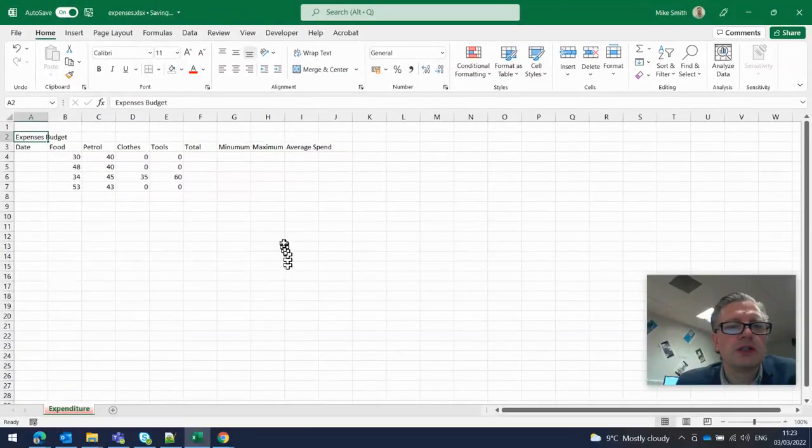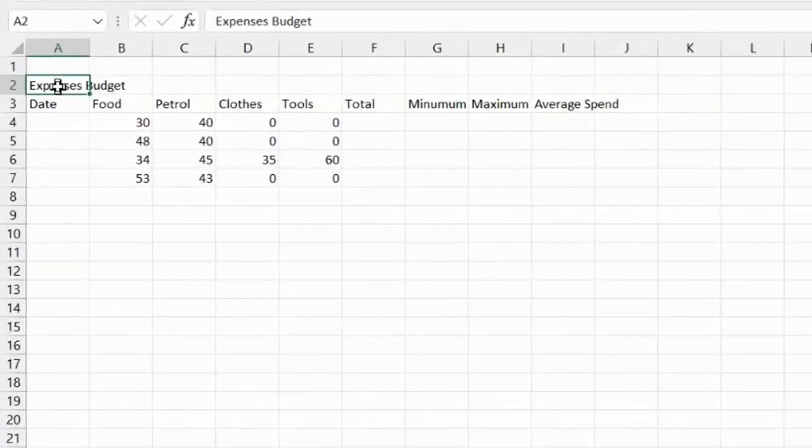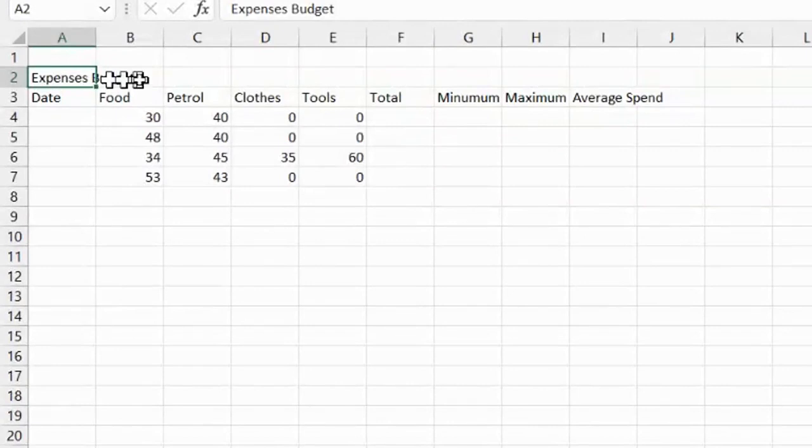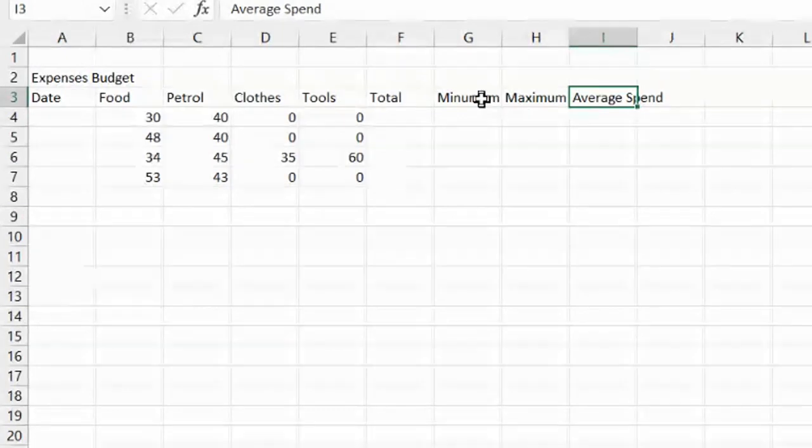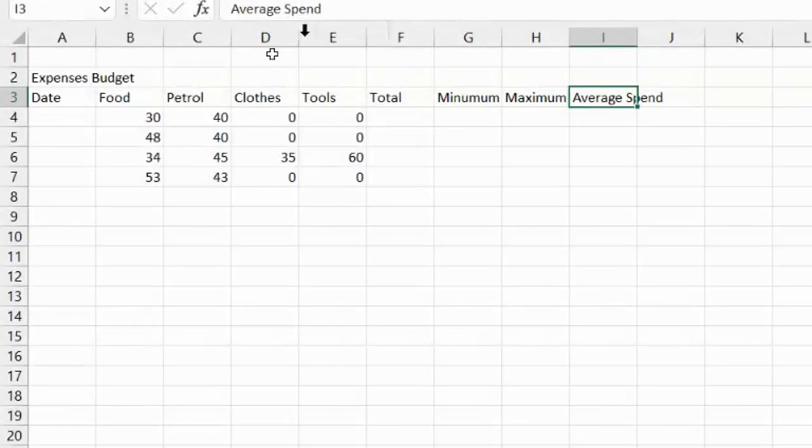Now, the first thing we notice is that some of these cells here go across more than one column. So where it says expenses budget, minimum, maximum, average, some of it's hidden because we can't see it. It's disappeared off the side. So we've got a couple of options here. We can either format this cell and wrap the text, or if it's not very long, like this one, for